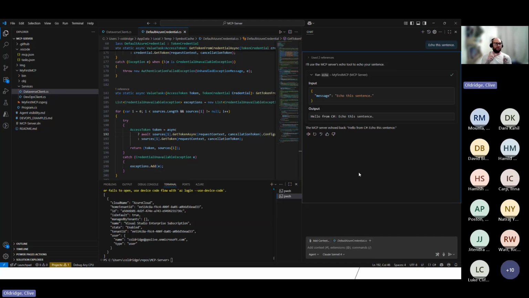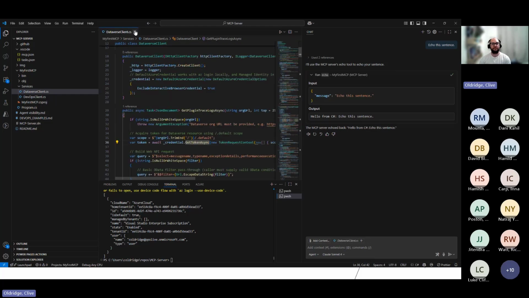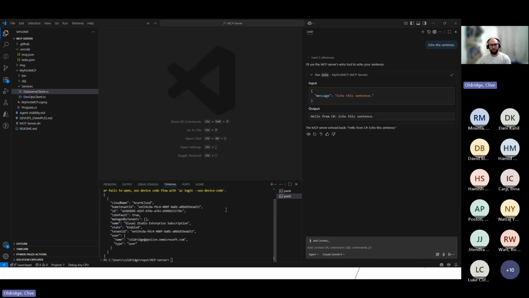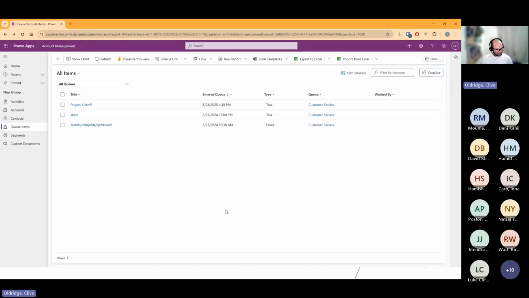You basically have a separate one for every environment. Whereas mine logs into a tenant, and then it can get a token for any environment I want. So it's a little bit more flexible in that sense. And so one of my examples with being able to call a custom API is we have a thing called